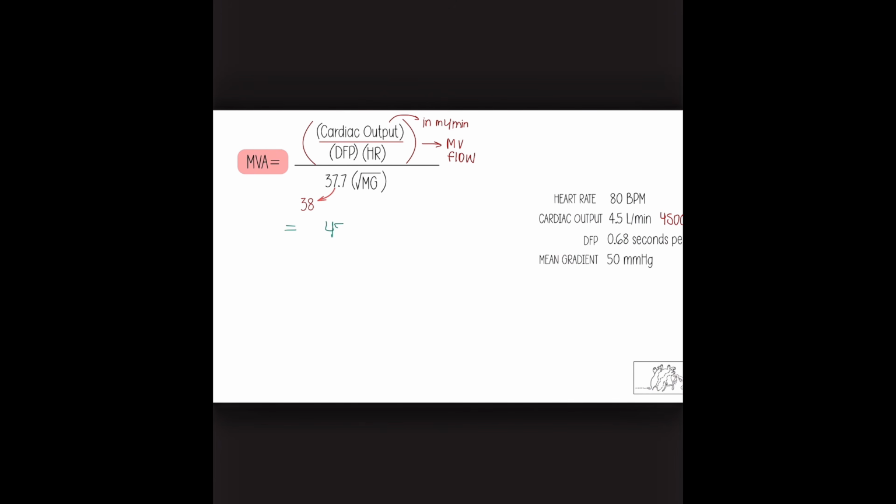So we have a cardiac output of 4,500 over the diastolic filling period, which is 0.68, times what? The heart rate. So we're going to calculate that whole thing, and then we're going to divide it by a constant times the square root of mean gradient, which is 50. So same thing that we did before. Let's do the numerator first. 4,500 divided by, find out what 0.68 times 80 is. 54.4. So 4,500 divided by 54.4 is